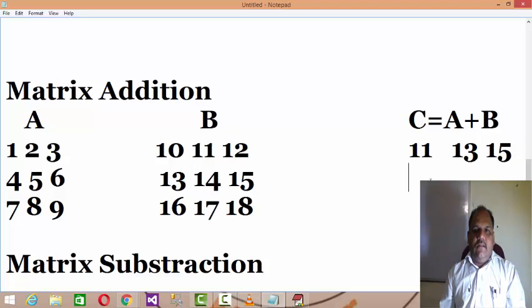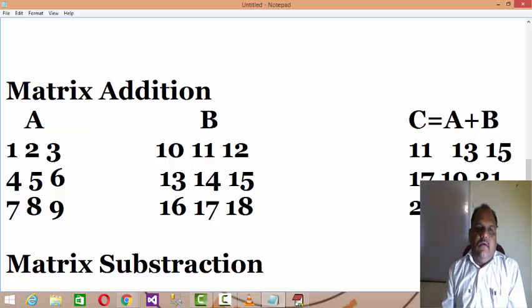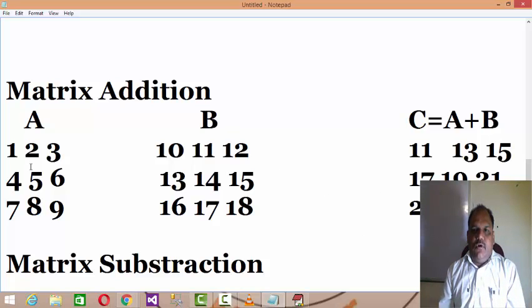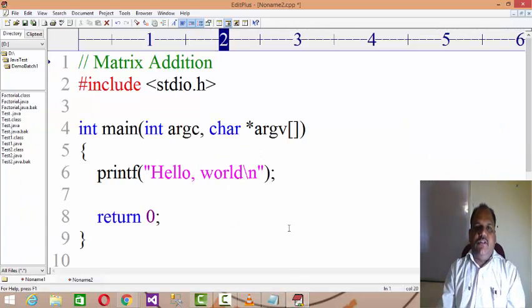Then 17, 19, and 21. The last row will be 16, 18, and 27. So this is the way you can perform matrix addition. You understand the point? It's very easy. The corresponding coordinates of the first matrix plus the corresponding coordinates of the second matrix equal the third one. Let's discuss this matrix addition.